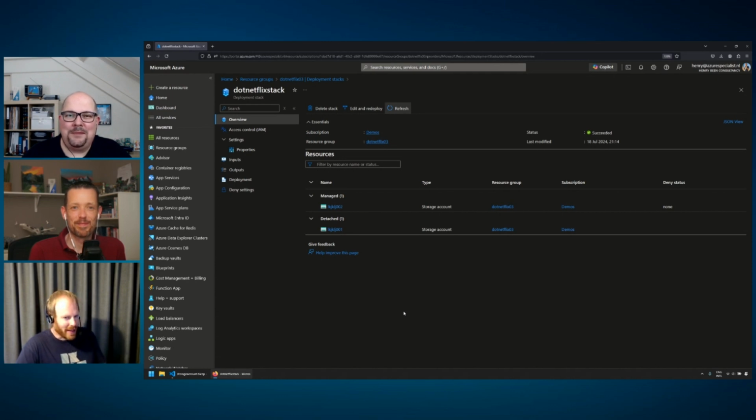Okay, so if I understand this correctly, the detached resource is going to be removed from the stack because there is a new deployment coming in. Right. But it's going to be retained in Azure because right now I am deleting resources that are no longer part of the stack that I'm deploying. But it wasn't part of the stack already. It wasn't managed by the stack anymore, so it's not going to be deleted. So resource 1 is going to stay in Azure and out of the stack.